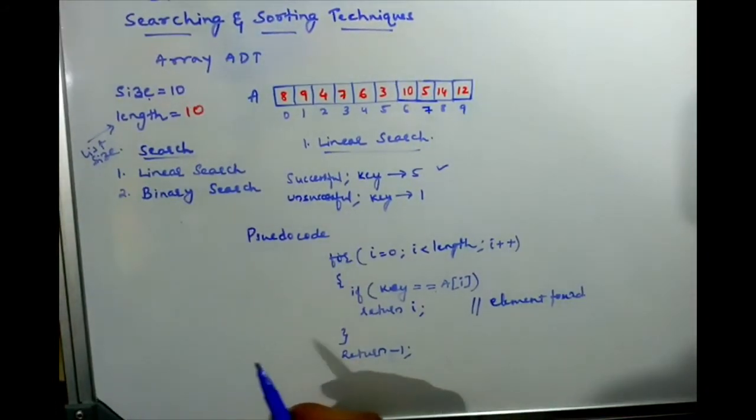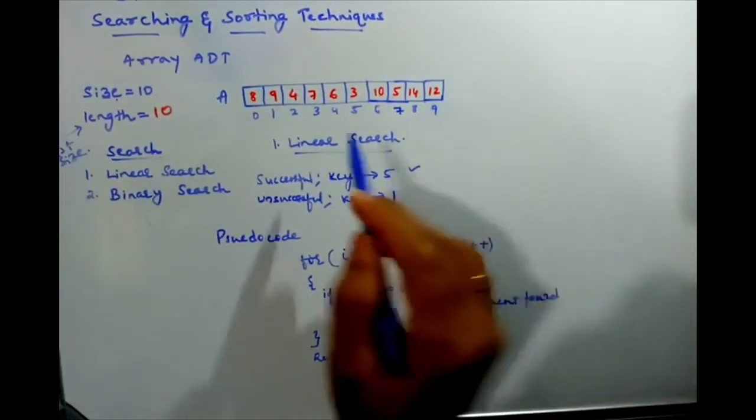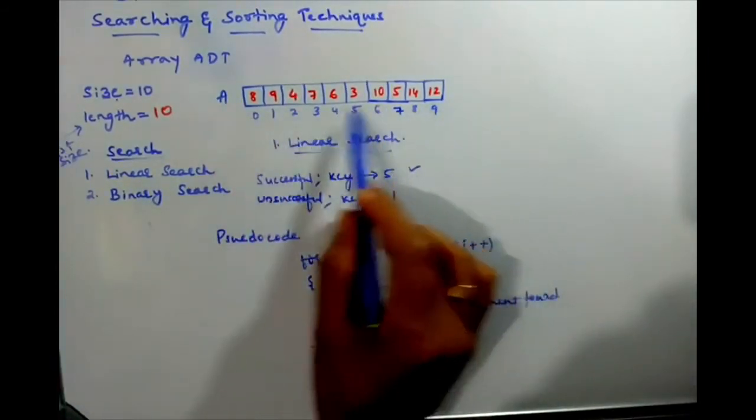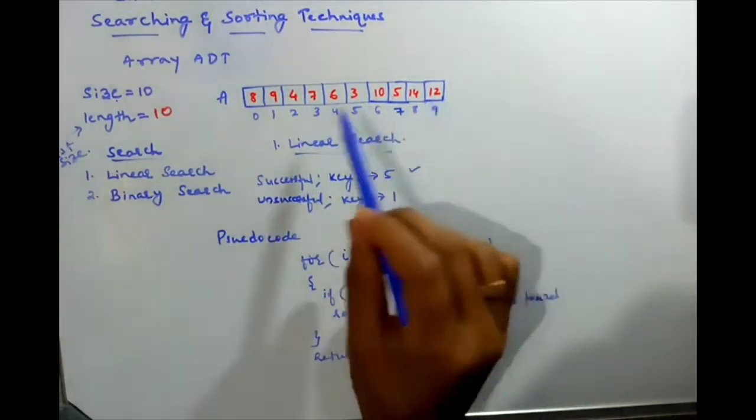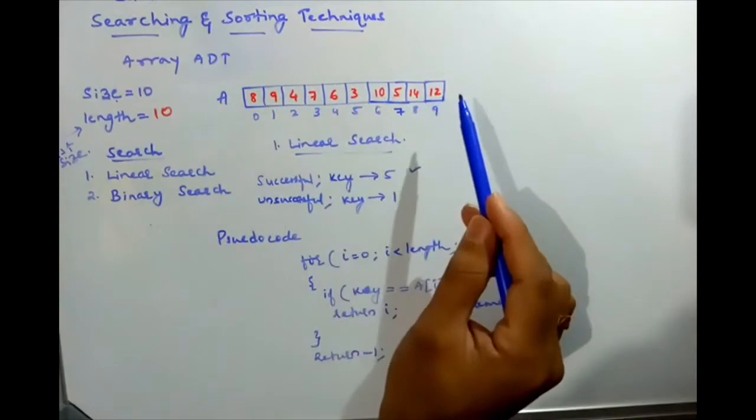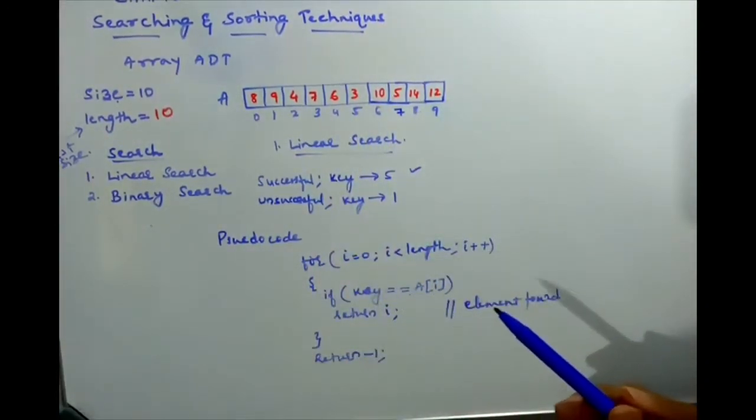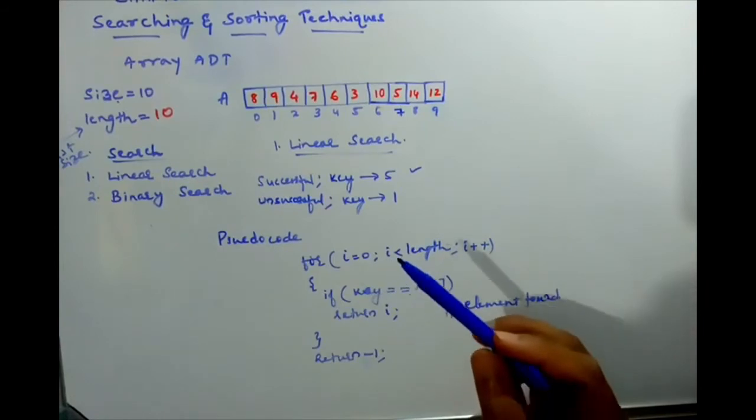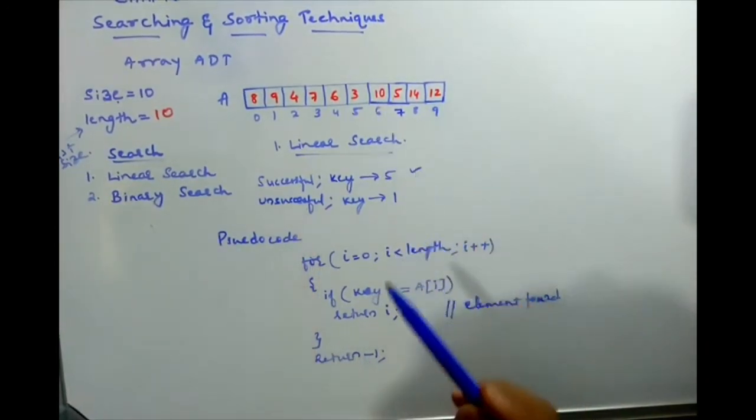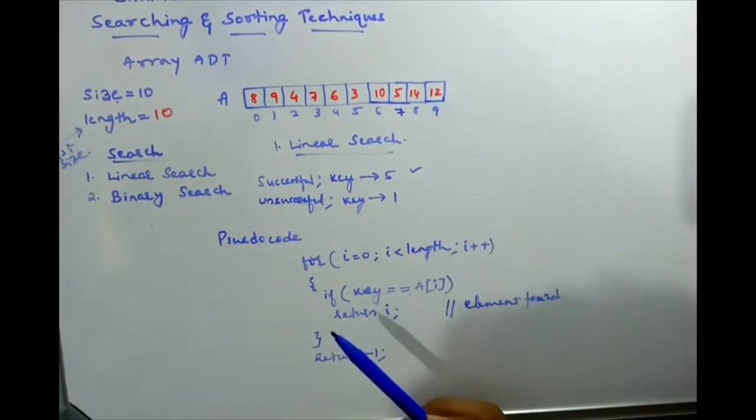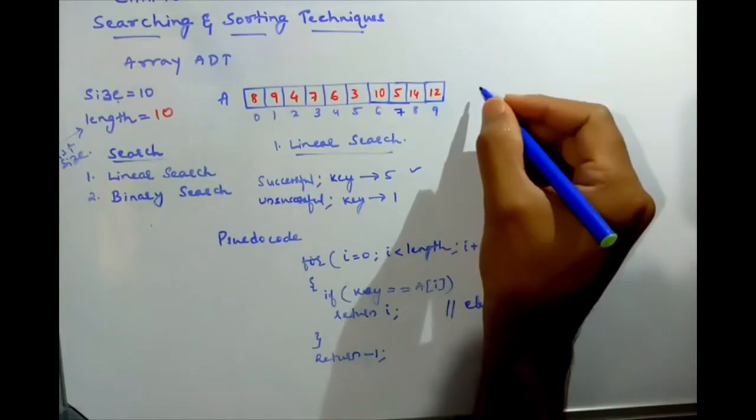Now we'll see the analysis part of it. The main thing is that the elements you search should be unique. There should not be any repeated number. If there is a repeated number, then you will find an error. That is the first thing. Next thing is, if you are searching for an element,